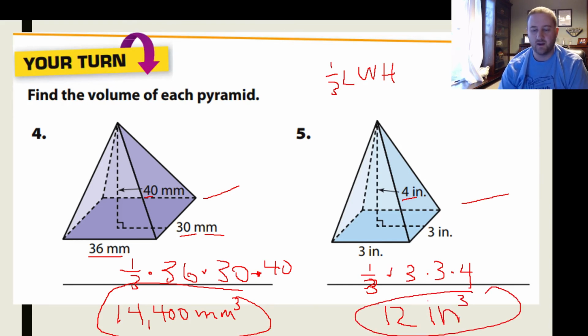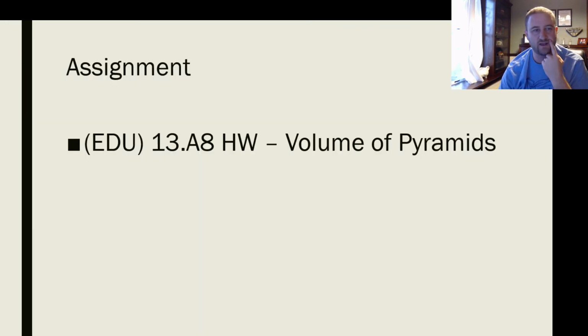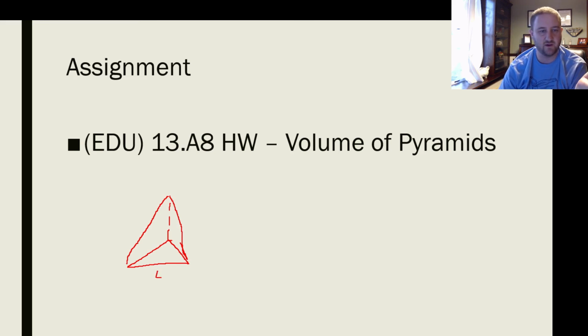Okay. All right. Let me think if I want to go over another one. I'm going to do an example here before you start on your assignment. Let's say we have a triangular pyramid, because I do want to give you one of those examples. Okay. Let's say we have a length here of 4, a height of 5, and then let's say that this side length is, I don't know, 2. Okay. Here we want to use 1/3